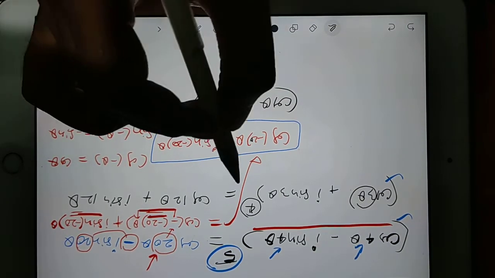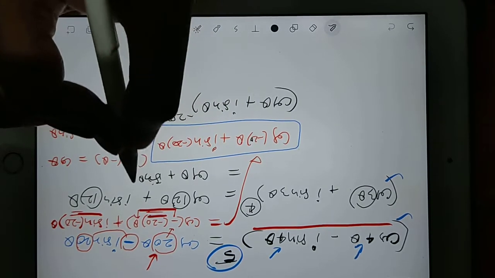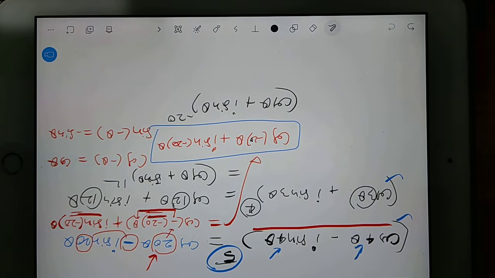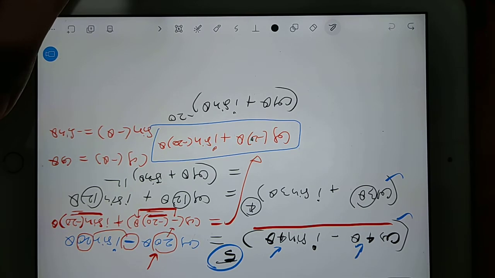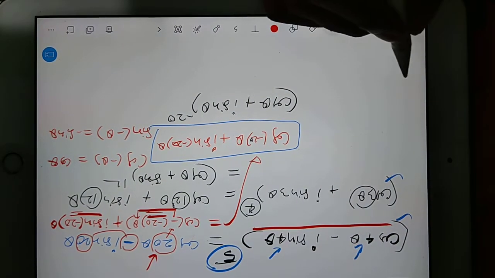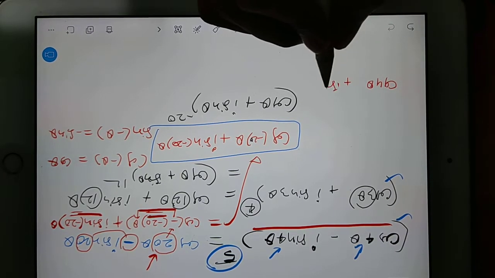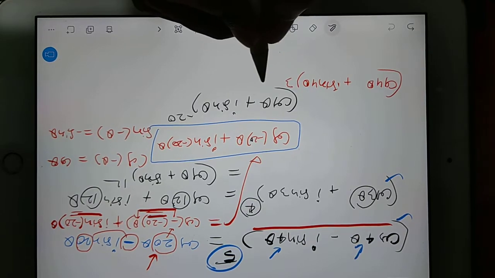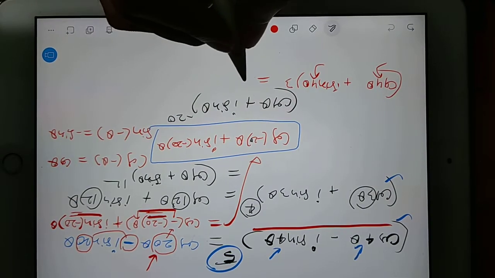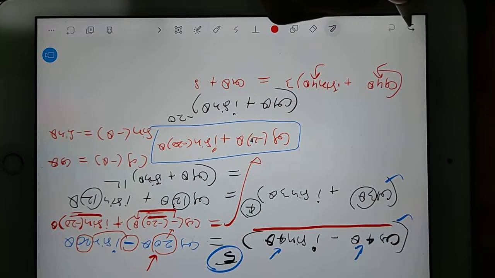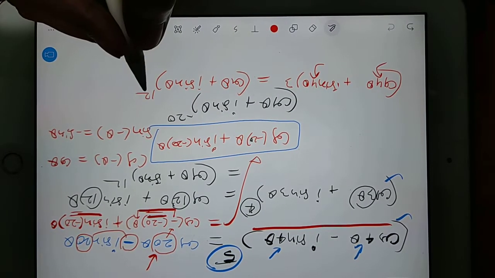Like you can see, the second bracket I am expanding. This 12 and 12, I can take the power, like cos theta plus i sine theta whole power 12. Okay, the upper part is clear. In the same way, we will go for the bottom part. In the bottom part, you have two more brackets. Cos 4 theta plus i sine 4 theta whole power 3. Here you have 4 and here you have 4. Take 4 outside, in the power. So it will be cos theta plus i sine theta, whole power 12.